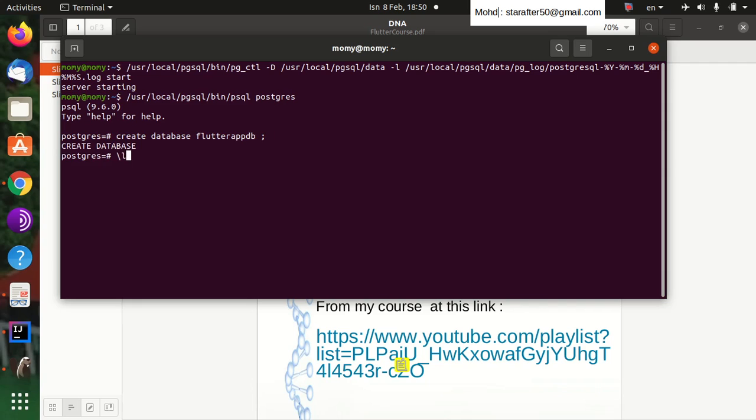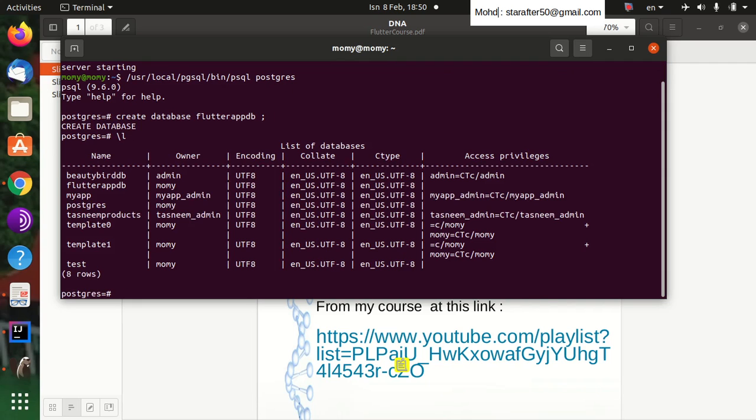Let's see if it has been created. As you can see here, this is the database. But there is one thing you also need to notice. This user is the admin of my machine, the super user of my machine. We don't want this. We need to create a role, a user that will be the owner of this database. We don't want the super user or admin of this machine to be the owner of the database. And the way to do that is to